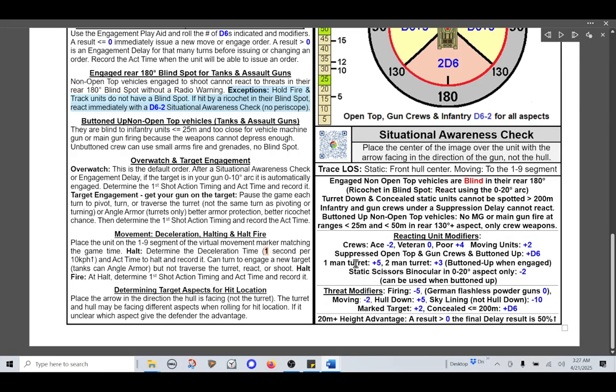Generally, not all of these are going to be pertinent. Generally, it's going to be crews. Most of the games that we play, we have veteran crews. The game is set up so modifiers for crew, if it's a veteran, there is no modifier. Moving units are +2 because it's going to take a little longer. So open top gun crews and infantry